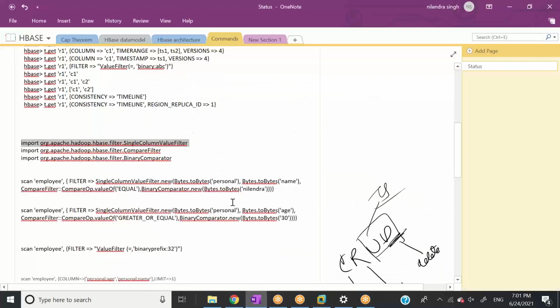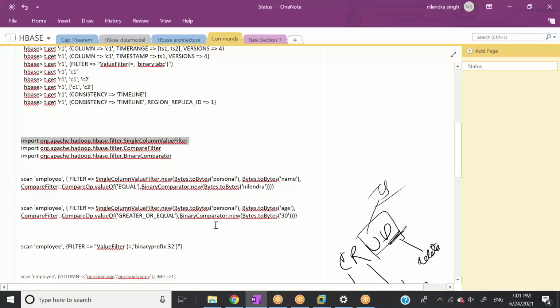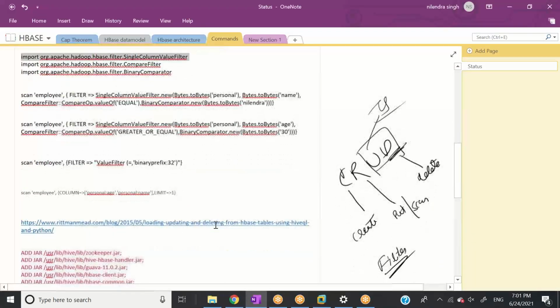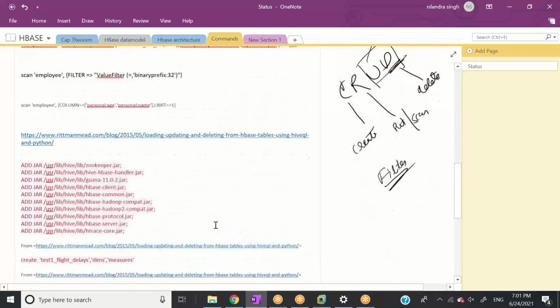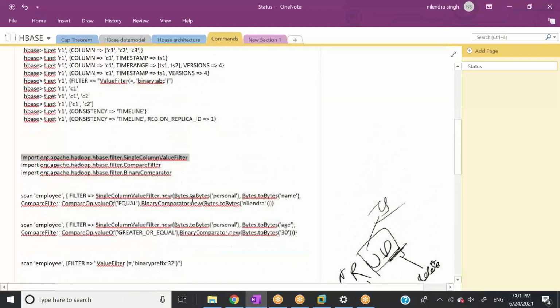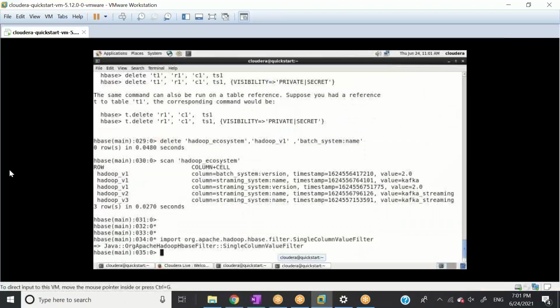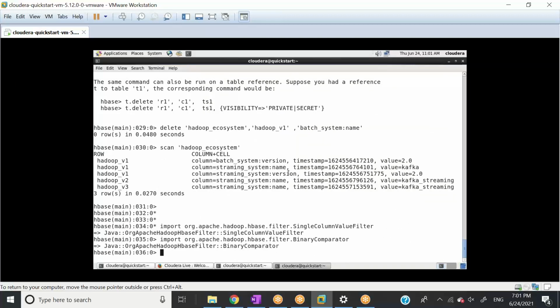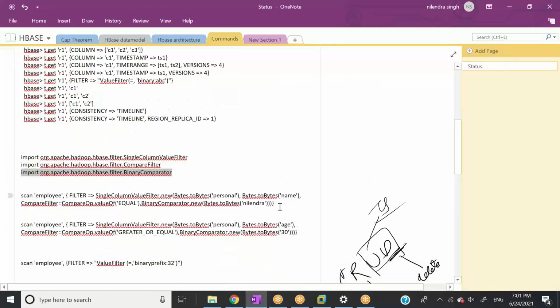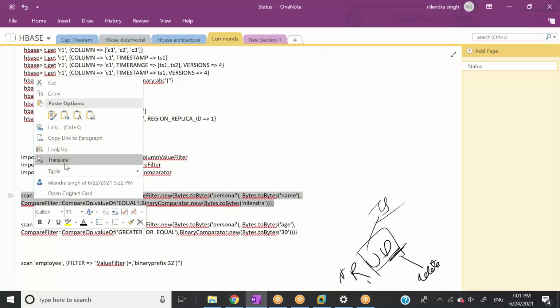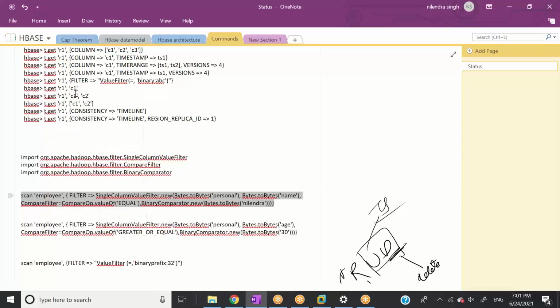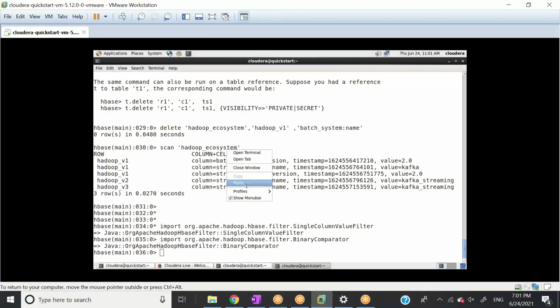Then I'll go for the binary comparator because I have the binary comparator example here for you guys. So I'll import the binary comparator as well, and I'll copy and paste it. I'll explain it when I paste it.